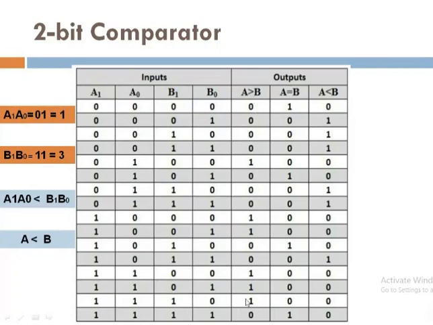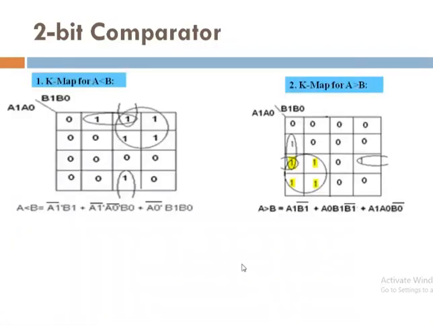While designing the four variable k-map, observe this column and the cells having high values that you need to calculate. For this particular case, suppose cells number 4, 8, 9, 12, 13 and 14 are high. Now when we are considering A is equal to B, then 0, 5, 10, and 15 have a high value. So you need to consider the high cells and map these high values into the respective k-map.